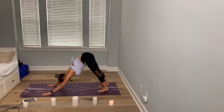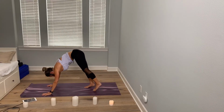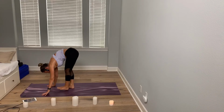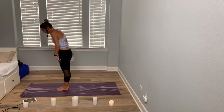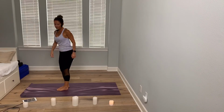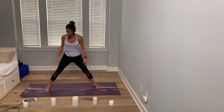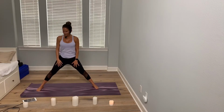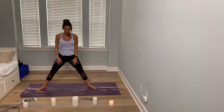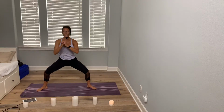Beautiful. Walk your feet now to your hands and roll up one vertebrae at a time. Beautiful. We're going to place our feet apart in a wide stance. Toes out slightly. We're going to come down